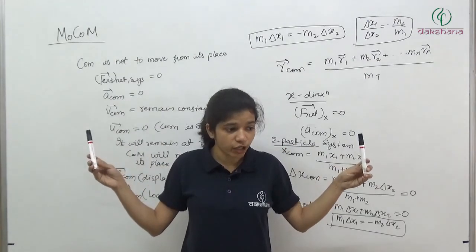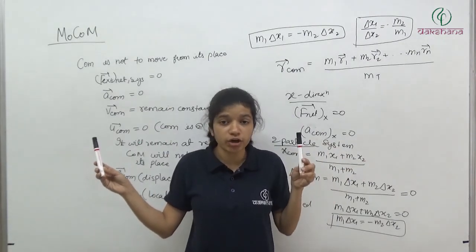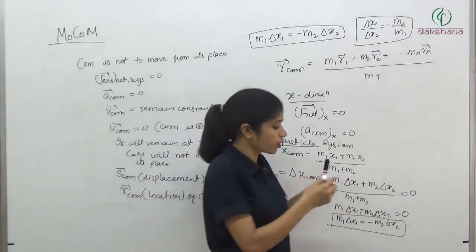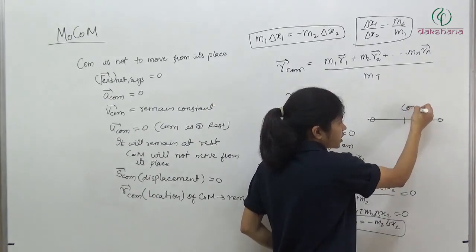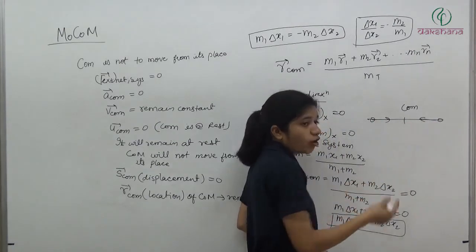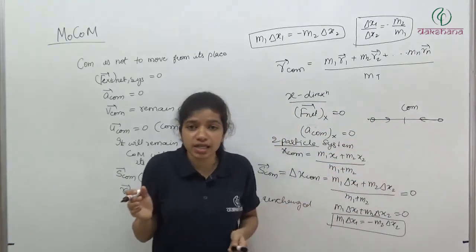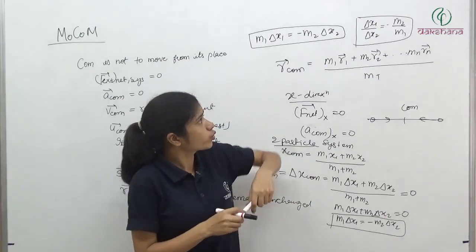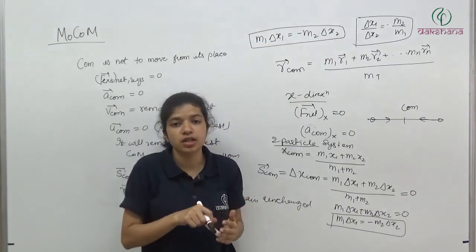अब क्या हो गया है, center of mass की location यहाँ पे है, I am sorry, इस particle की location यहाँ पे है, तो center of mass will get shifted, तो इसको compensate करने के लिए इधर आना पड़ेगा. Like we had seen कि भाई एक particle आपका यहाँ पे है, दूसरा particle यहाँ पे है, and center of mass की location initially it was here, so when it was coming here and it was coming here, both were compensating the effect of movement. उनका जो भी displacement हुआ है, ये दोनों एक दूसरे के movement के effect को cancel कर रहे हैं. So एक अगर इधर गया है तो दूसरे को इधर आना पड़ेगा. So similarly we are going to see the problems where we will see individual displacement of particle if the center of mass is not moving from its place.